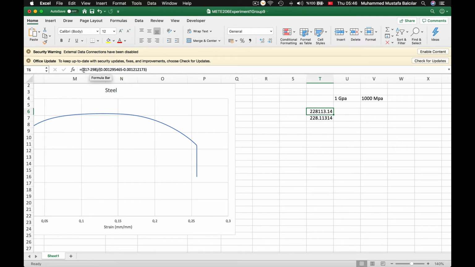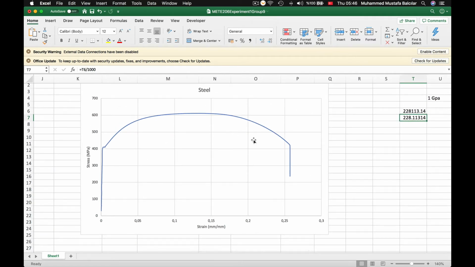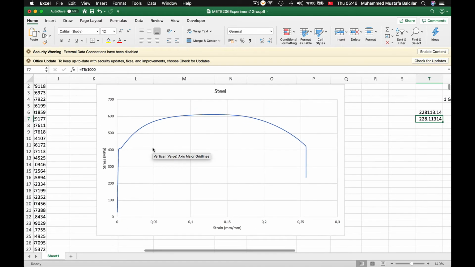The stress values were these, 317, 298. These were the strain values, and from that, since the value here is in megapascals, you must divide it by 1000 to get gigapascals. We get something like 228, which is pretty close to the actual Young's modulus of the steel, which is around 229, 230. Generally, for steels, 200 gigapascals is the Young's modulus. So, after you find this value, you must plot the